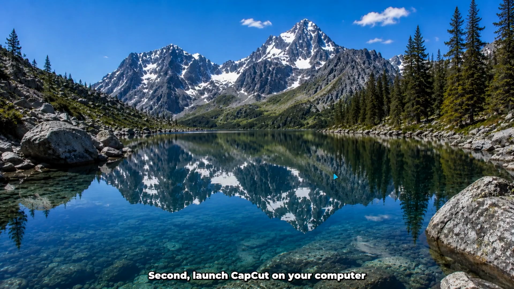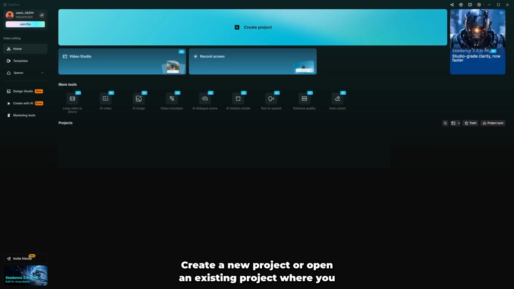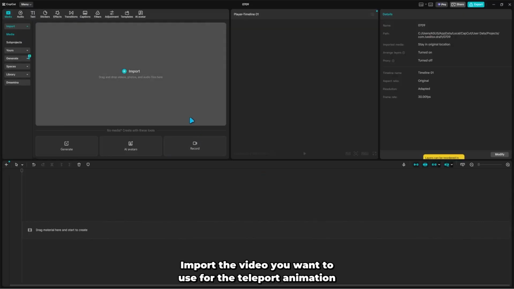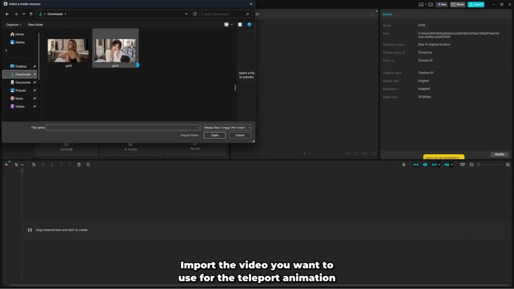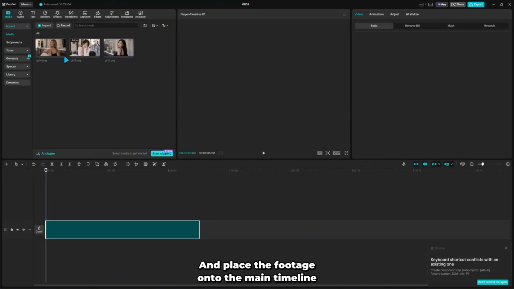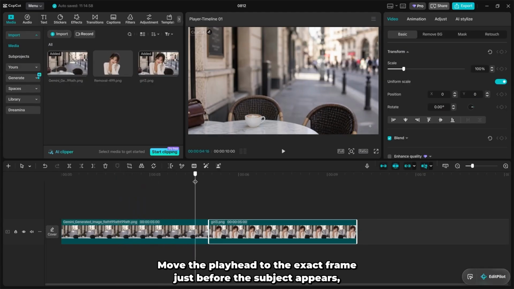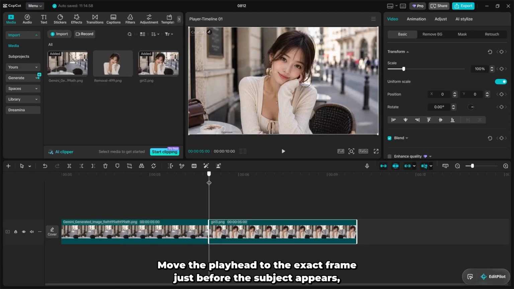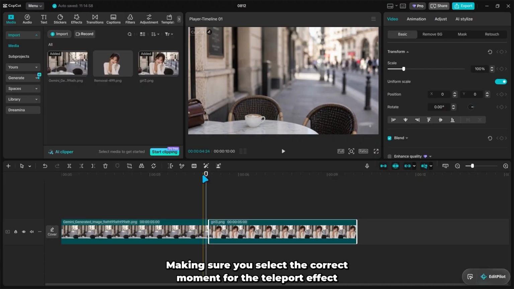Second, launch CapCut on your computer. Create a new project or open an existing project where you want to add the effect. Import the video you want to use for the teleport animation and place the footage onto the main timeline. Move the playhead to the exact frame just before the subject appears, making sure you select the correct moment for